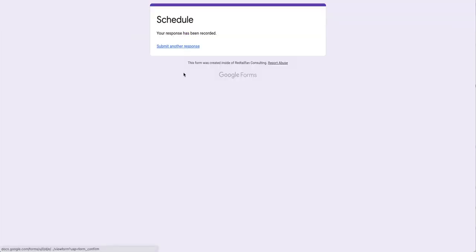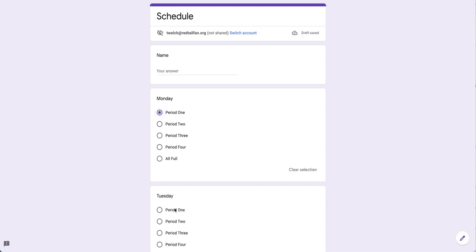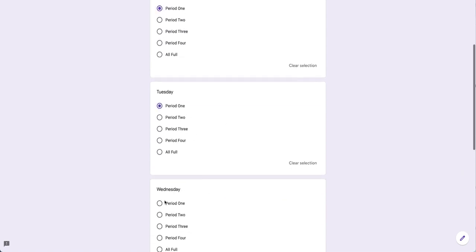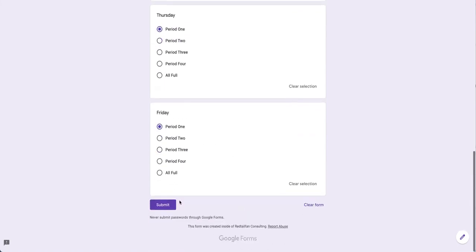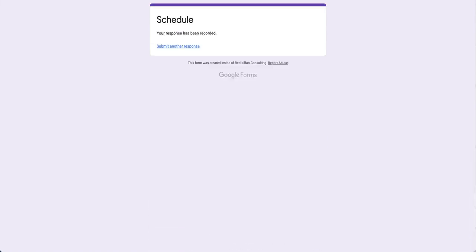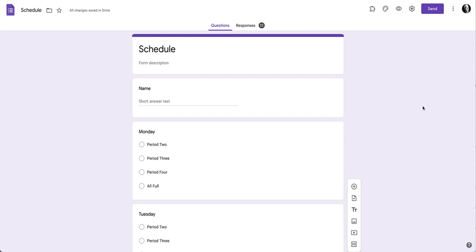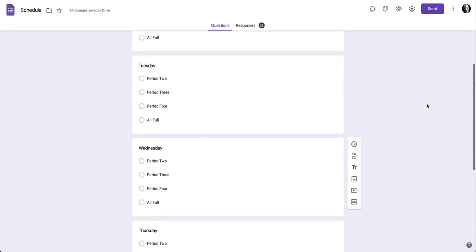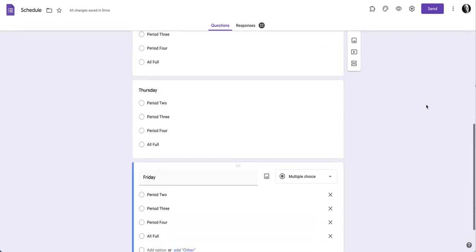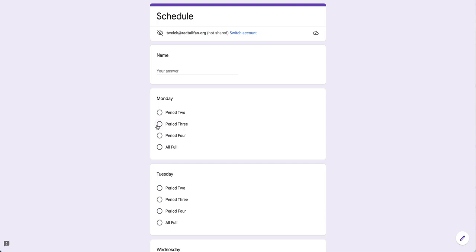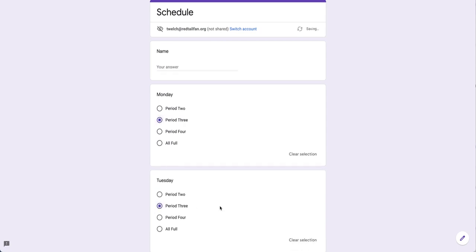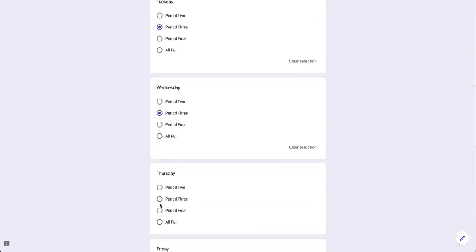If I choose a response here and I decide to do period 1 from each of Wednesday, person comes in and selects those, and we submit. Then if we come back and look at our form, we'll watch period 1 disappear from Monday, Tuesday, Wednesday, Thursday, Friday, and so forth. If we submit another response, this time we're going to remove period 3 every day, and